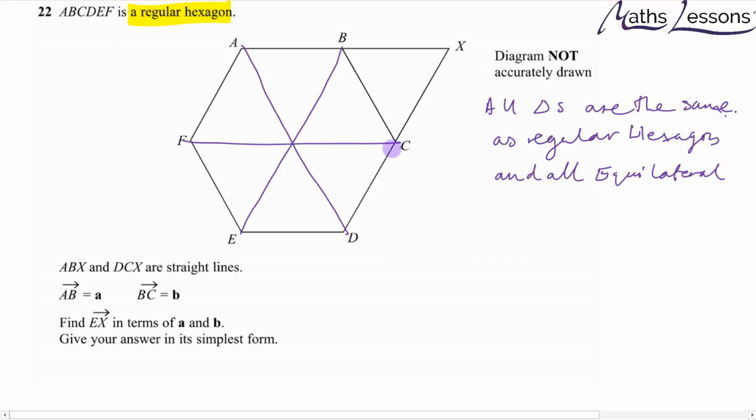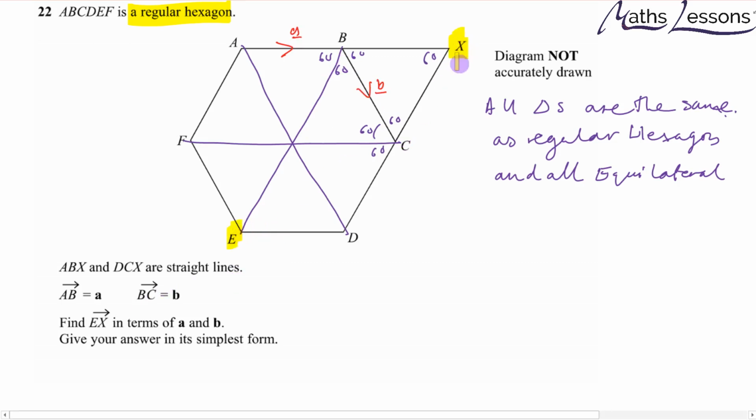Okay, and therefore if they're all equilateral, you know this is going to be 60, this is going to be 60, this is going to be 60, so therefore that is 60, and you know that's 60 and that is 60, so therefore this is 60, so therefore there's another equilateral triangle. So every triangle in this diagram is the same, and we know that AB is equal to a, and we know that BC is equal to b, and we want to go from E